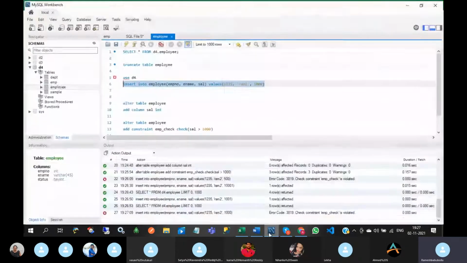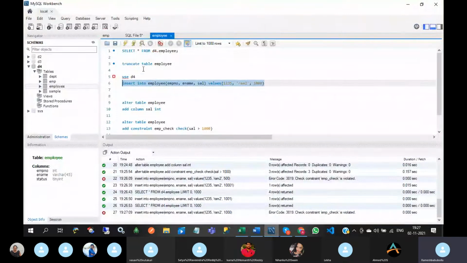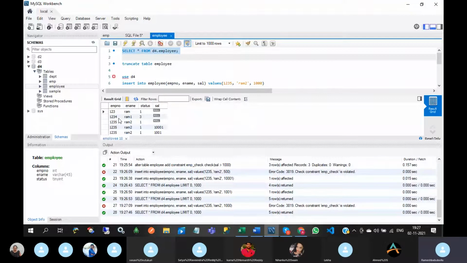So if you observe this employee table, 1 2 3 5 is repeating three times, so these are duplicate values. If you don't want employee number repeated twice or more, you need to put one condition, that is unique key.